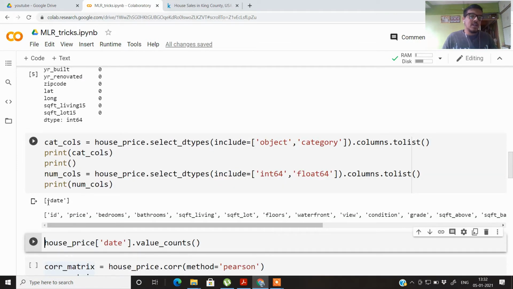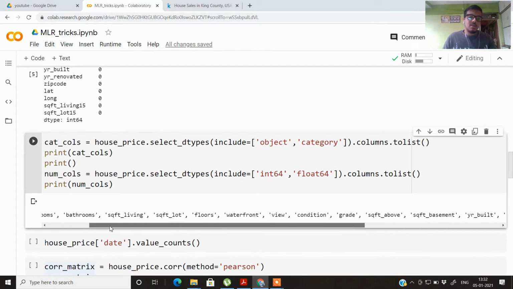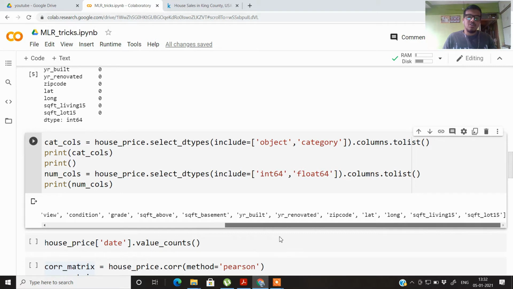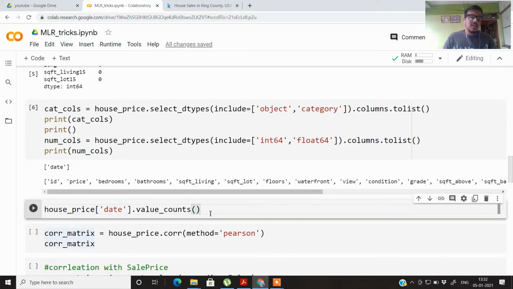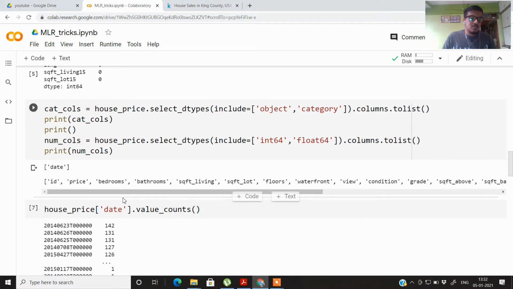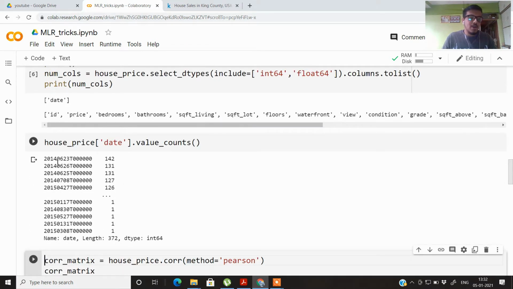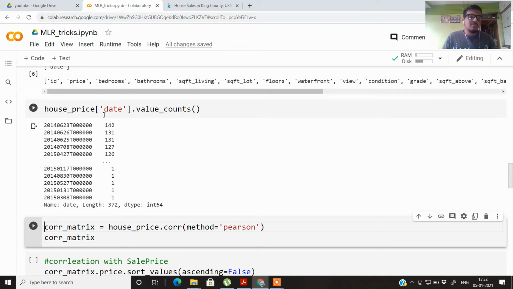So here we are getting that the date is the only categorical column in this data set, whereas other columns are numerical by nature. So let's see the value counts in date, whether we have a certain category of date or whether this date is of a random type. So here you can see that there are too many dates in this data set. So it's better that we keep this date out of our model first of all.